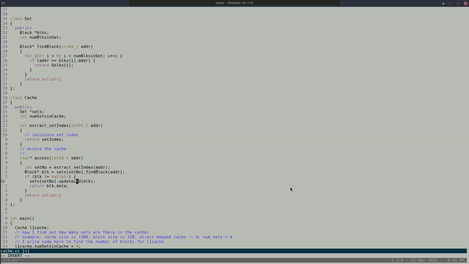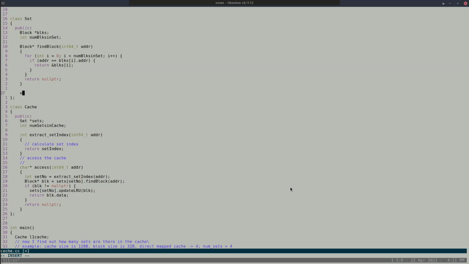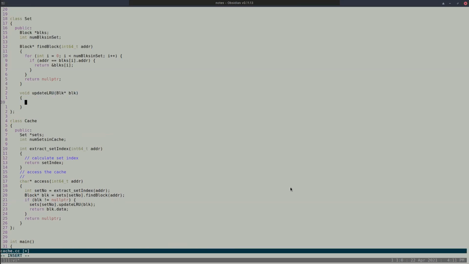And where is this update LRU coded? Here, right? Insert. Right? And I'm sending a block pointer, right? And I can update the LRU here.